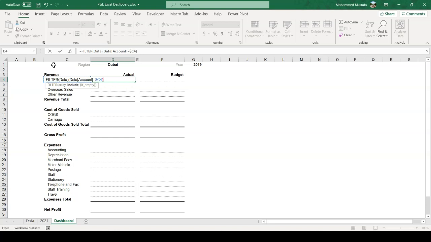This is the first condition. I'll multiply it using the second criteria now. So I'll type data once again, open the bracket. This time we'll say region, close the bracket, is equal to, and I'll point to cell D1, which is the location. I'll click on F4 to lock this. Let's close the second criteria. We'll go for a third criteria, which is for the year. So I'll type data, and year is equal to cell G1, F4 to lock it. Let's close the bracket, press enter,